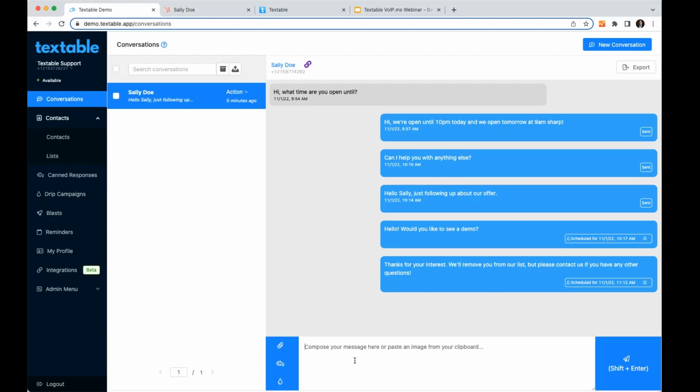So there's no app to be downloaded on your customer side. And that's why SMS and MMS have been so successful with engagement, because there's nothing to do on the customer side, unlike maybe WhatsApp, for instance, where it can fail over to SMS. But obviously WhatsApp wants to push you to their platform and your customers. So this is a really low barrier of entry for you to communicate with customers without having them download anything.